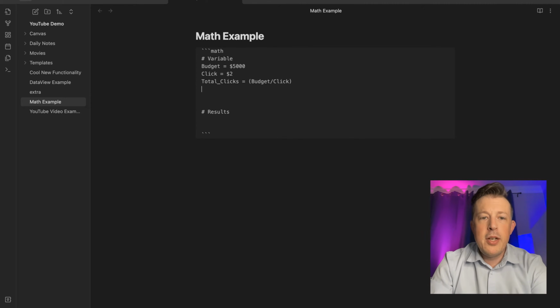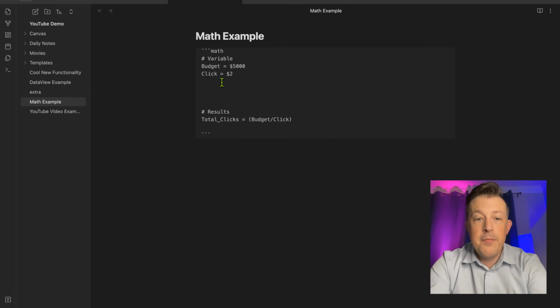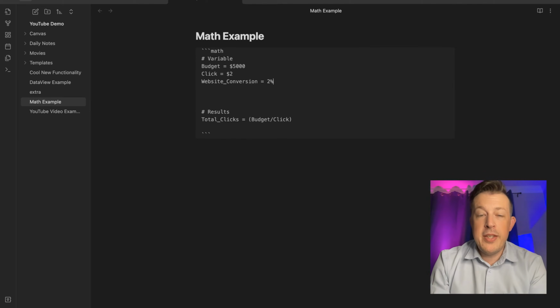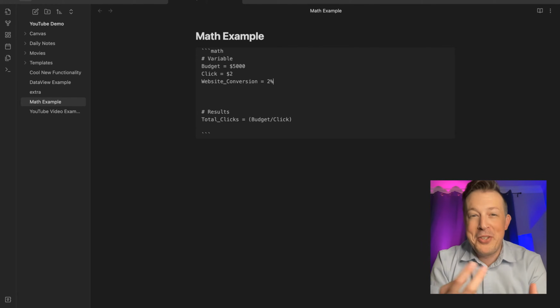Okay, so you know what, since I want to keep this clean, I'm going to take this total clicks and put it down here in the results, because I want to put more variables down here. And the variables might be out of 100 visits to their website, like one of those 100 people, actually 2 of those 100 people,